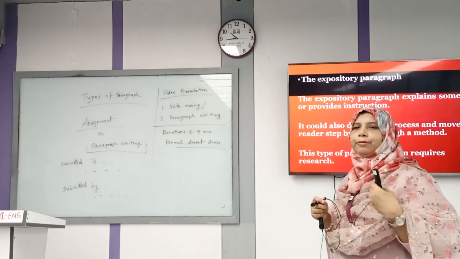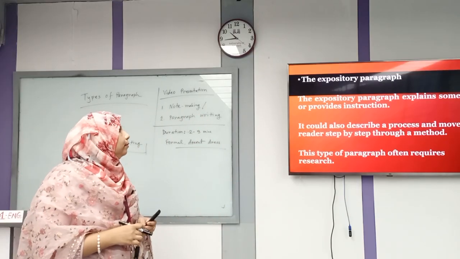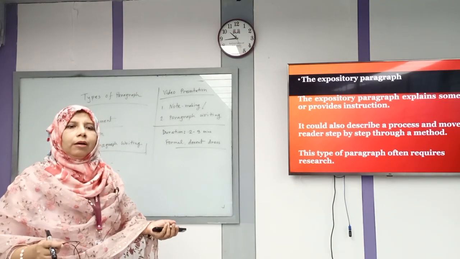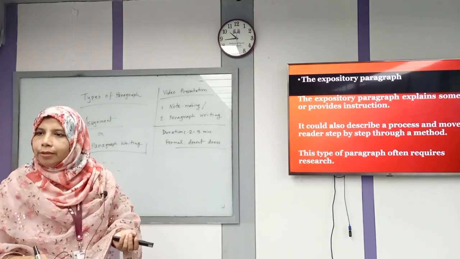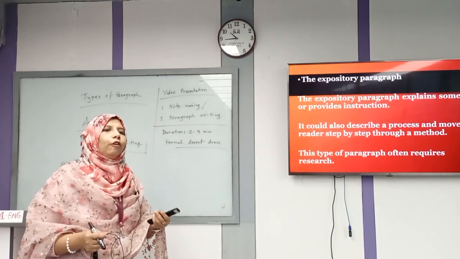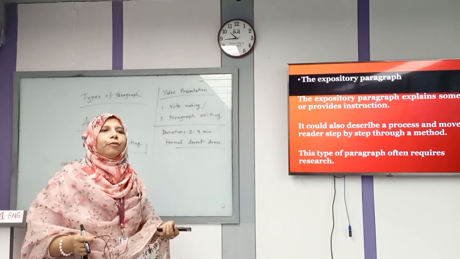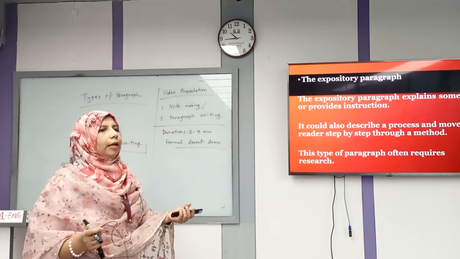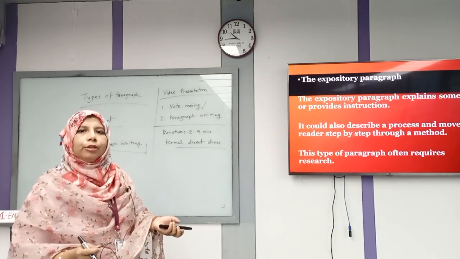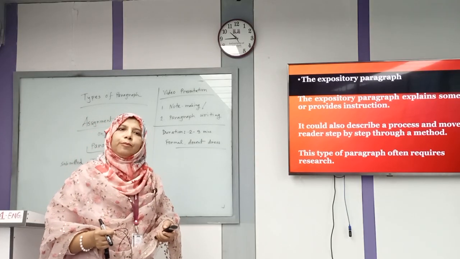When you are asked to write a paragraph, I have told you, like global warming, or some endangered animal, you have to explain the causes of their extinction and the effects on the environment. If you are asked to write about the climate and the agriculture, what is the effect on agriculture? So you have to explain the causes and effects of this. Clear to you? Expository paragraph.